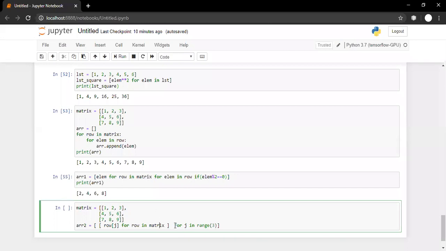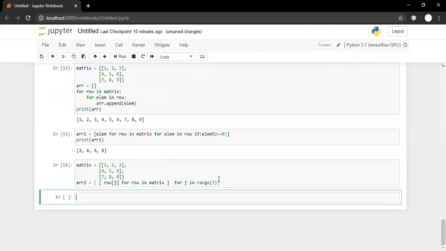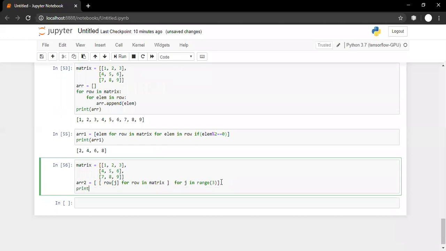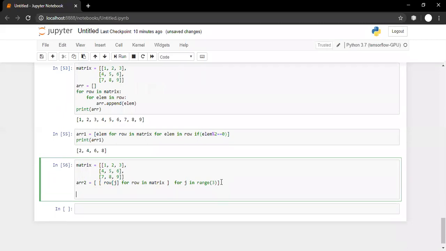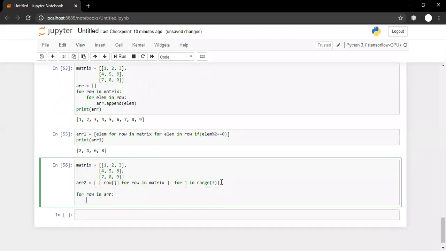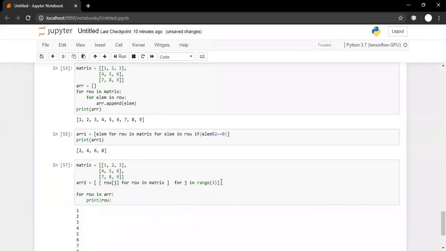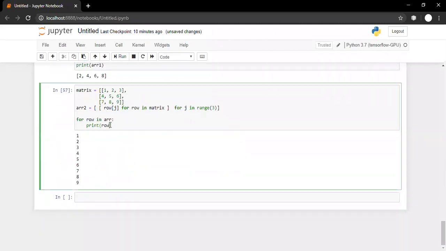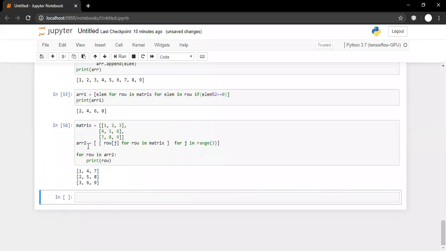Sorry, class. I simply got distracted. So, let us say, for row in ARR2, print row.